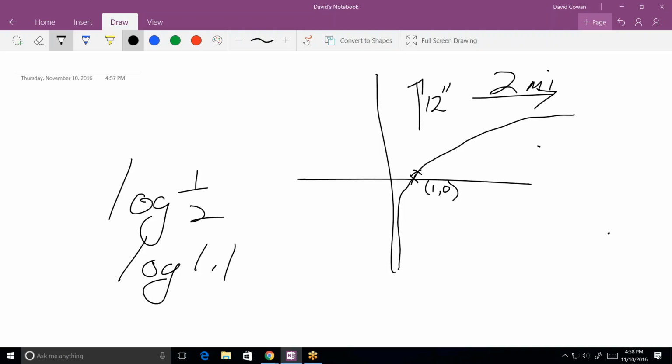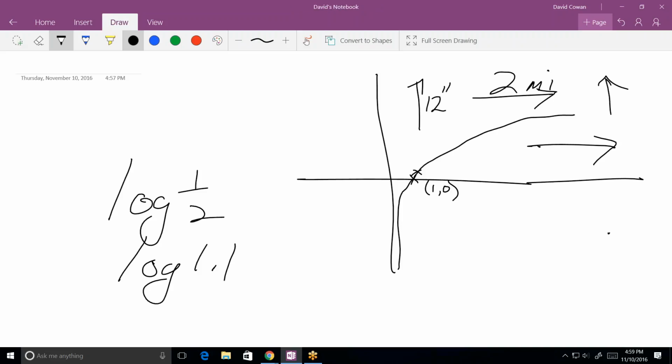I can make x be 100, and the log of x is only 2. If I make x be 1,000, the log of x is 3. Okay, so I have to really go a long ways in that direction to go up very much at